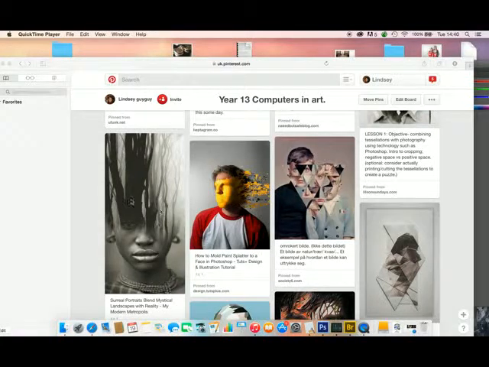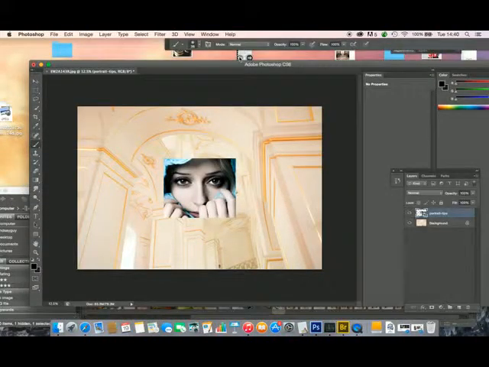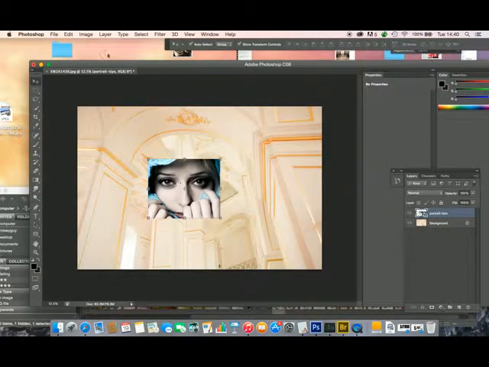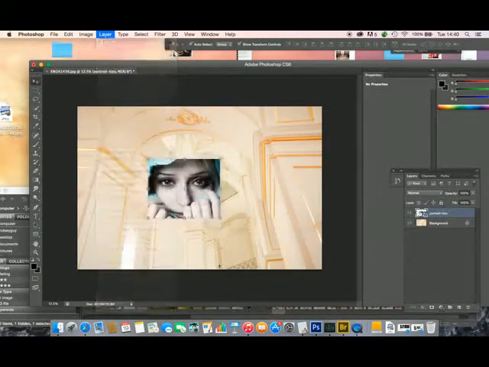Okay, in this recording I'm going to show you again how to create masks and maybe blend images together like this, and I'll also show you how to refine the edges of your masks. Okay, so I've already put two images into Photoshop. It looks like this layer actually needs rasterizing, so I'm going to go Layer, Rasterize, All Layers, and then